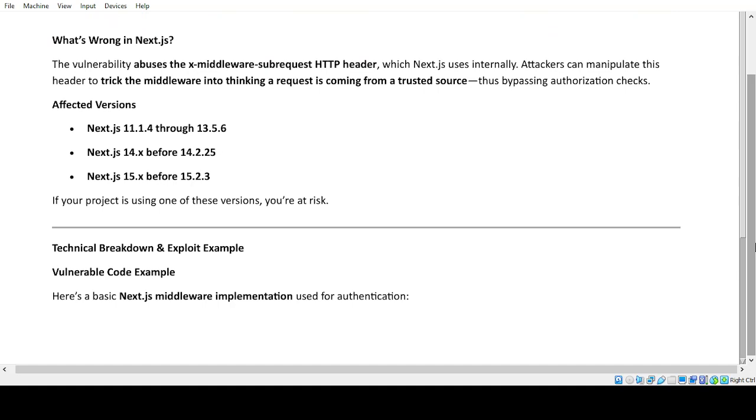What's wrong in Next.js? The vulnerability abuses the X-middleware-subrequest HTTP header, which Next.js uses internally. Attackers can manipulate this header to trick the middleware into thinking a request is coming from a trusted source, thus bypassing authorization checks. Affected versions: Next.js 11.1.4 through